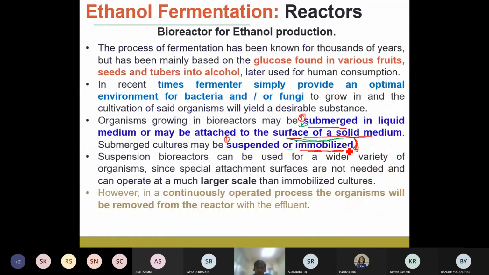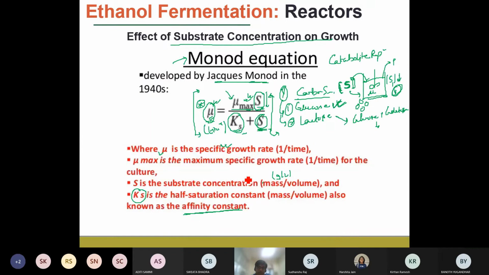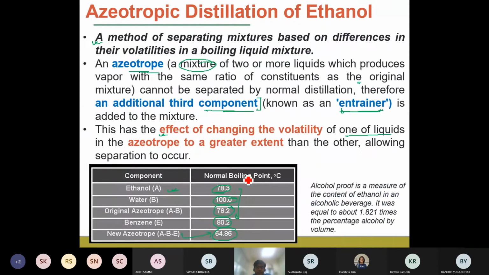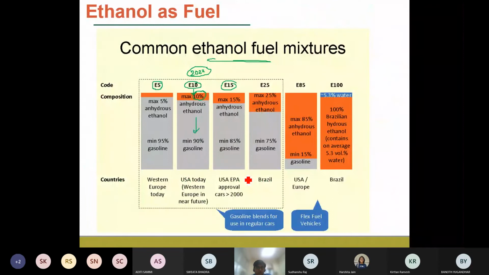So what are the different components of the bioreactor, and inside the bioreactor what is happening: the cells are dividing. When the cells are dividing, we need to maximize the growth rate so that we have the maximum biomass density within the bioreactor. And one thing that we noted during the ethanol fermentation was that it was carried out in an anaerobic process, that is, in the absence of oxygen.